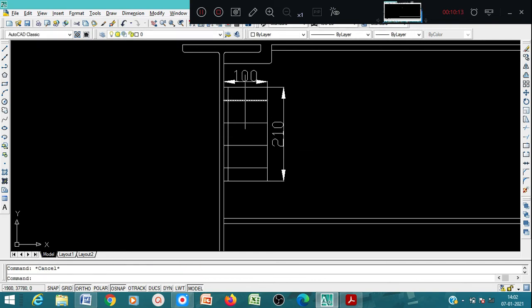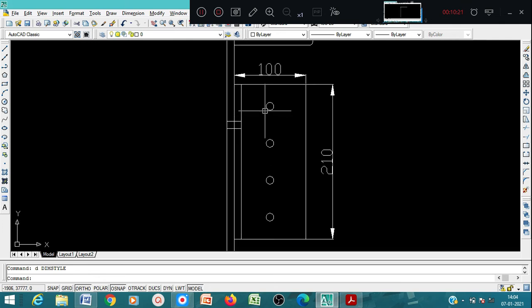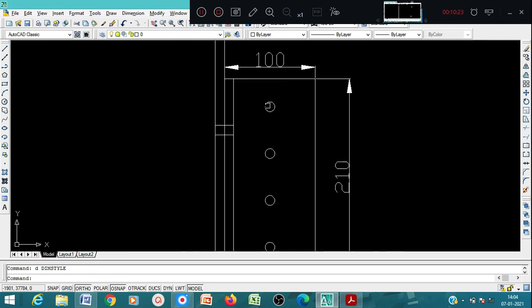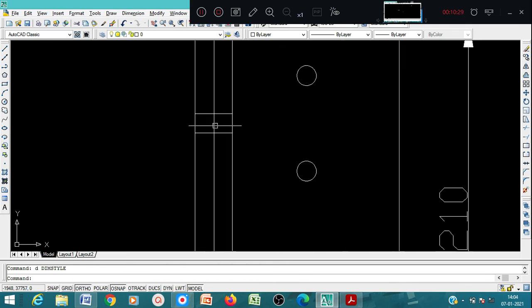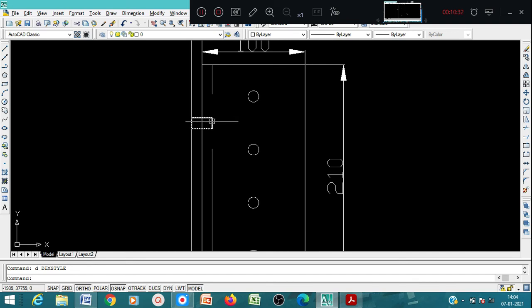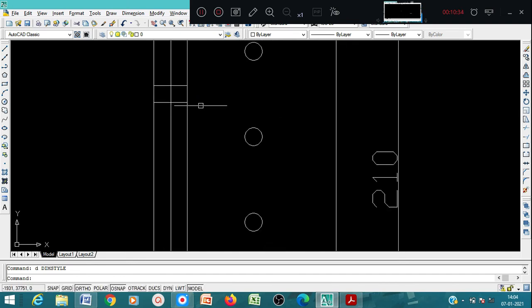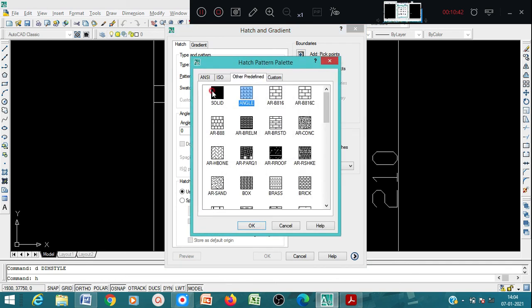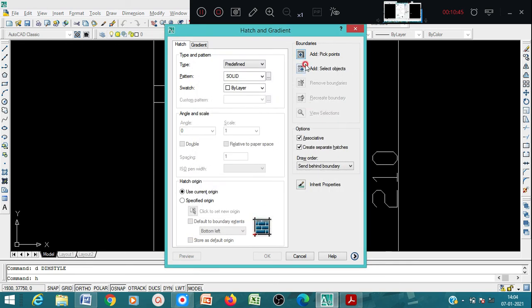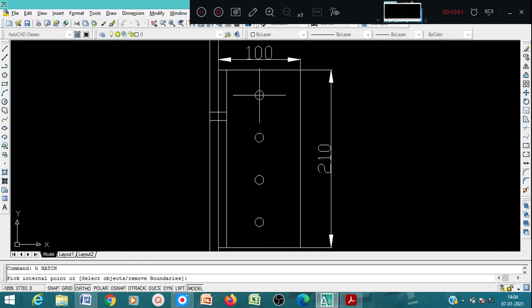Now you have to show the bolts here by using the circle command. Now you can see here I have shown the bolt diameter, and even the bolts crossing the leg of the angle and the main beam. Now you can hatch those bolts by using the hatch command. You have to go here, hatch command, and you can change it to solid and say okay. Then you have to use add pick point, or select objects. So I'll say add pick point,